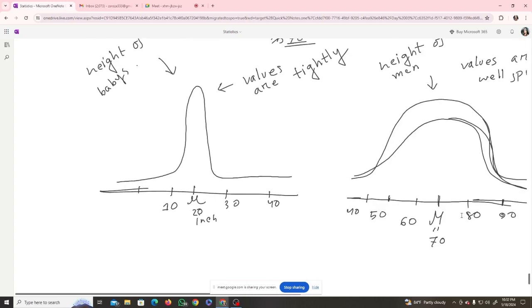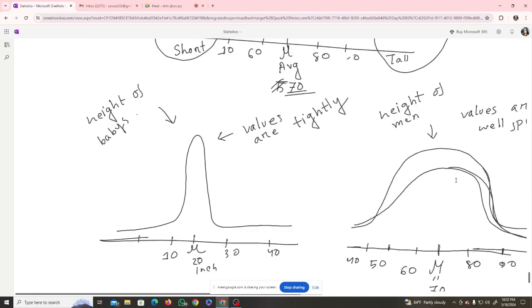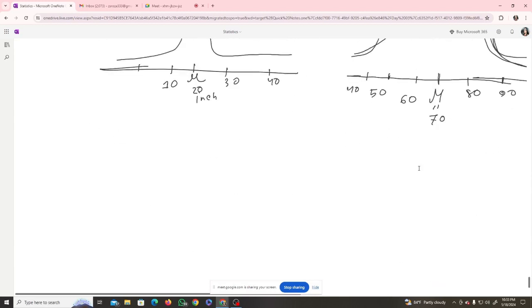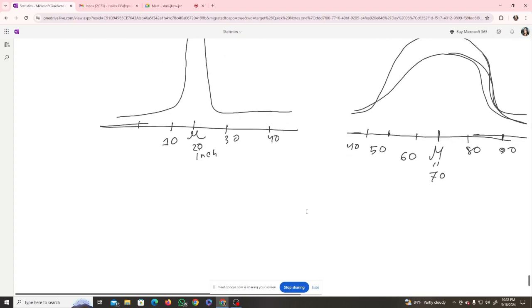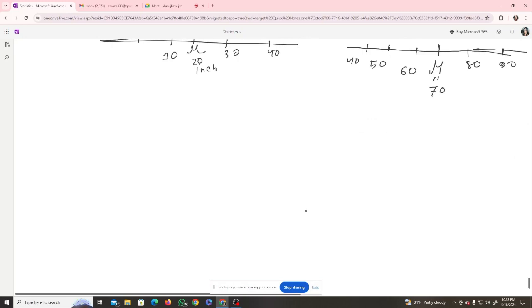Right. Okay. So the conclusion that we must have from this is that, in this case, we can see that if your distribution has more width,